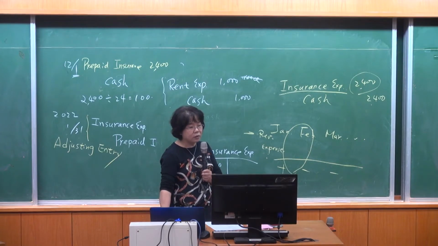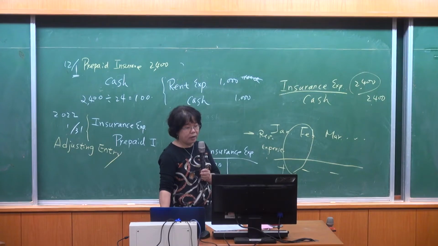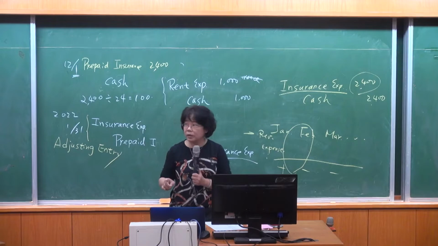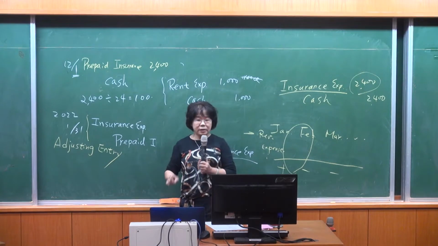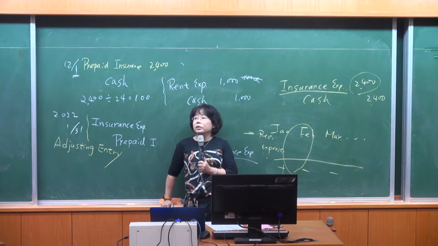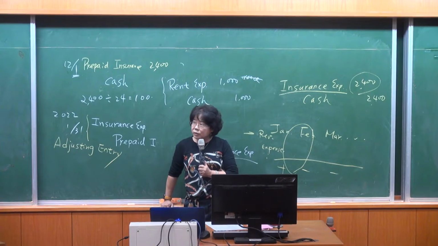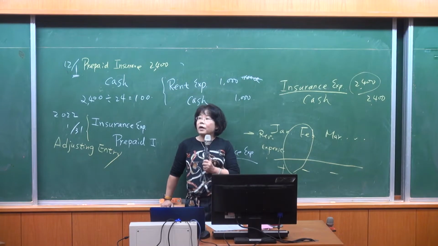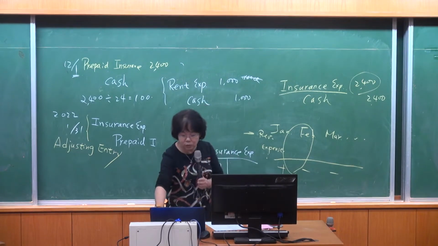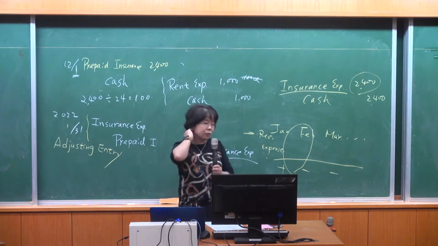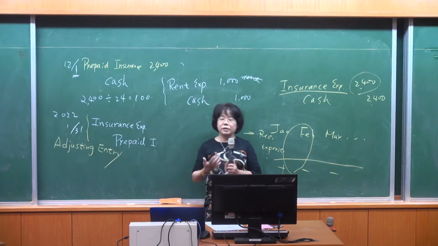Now that we have recognized the revenue, let's see what expenses we incur to generate that revenue. In order to generate the revenue, what kind of expense items have been incurred? 所以这就是我们的配合原则。